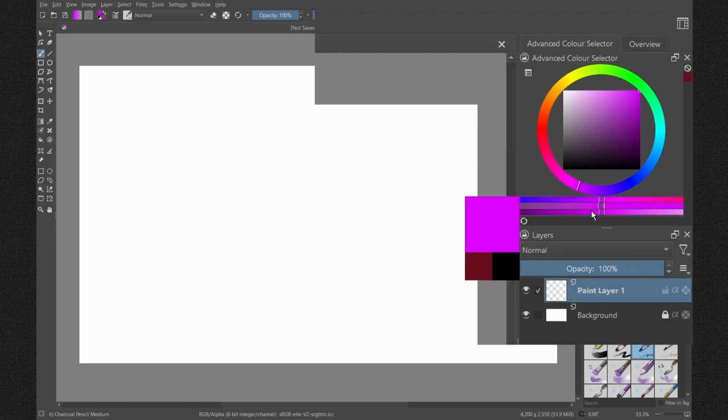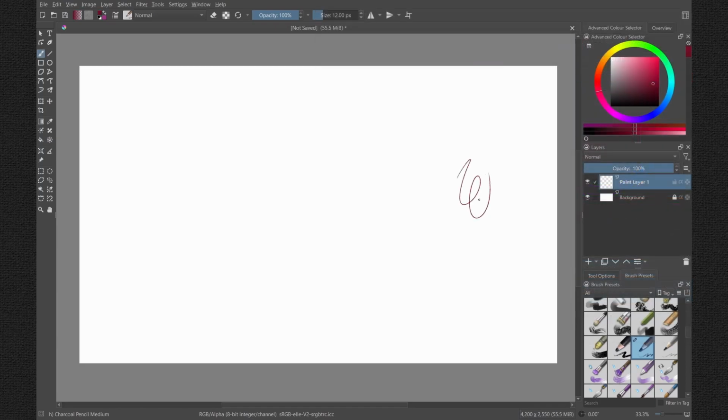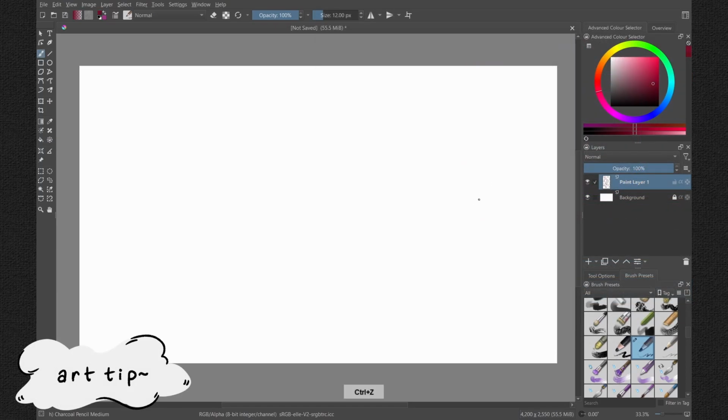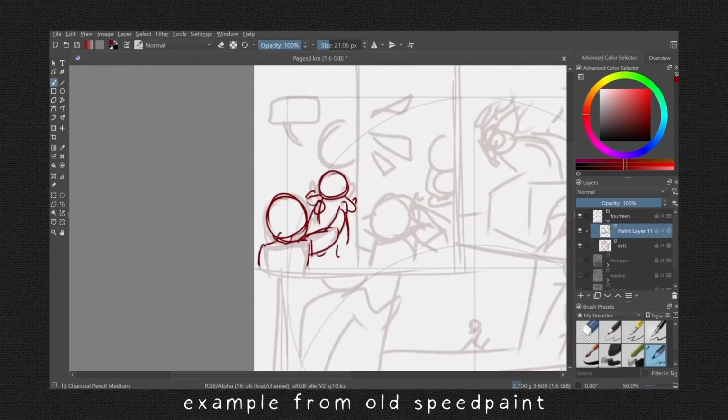And then below here are some different hues that I could just mess around with. I kind of just stick with a red to sketch with. I don't know why, it just vibes with me. I think sketching with a color, especially a color that you don't really use often, works well for me because a lot of my line art is very dark, so having a semi-colorful sketch underneath all that line art